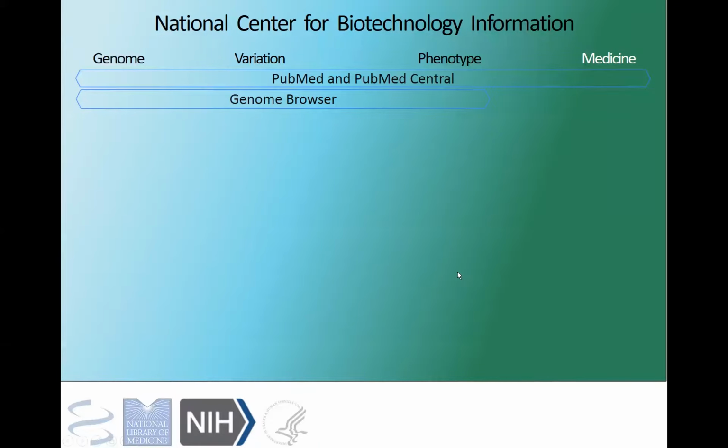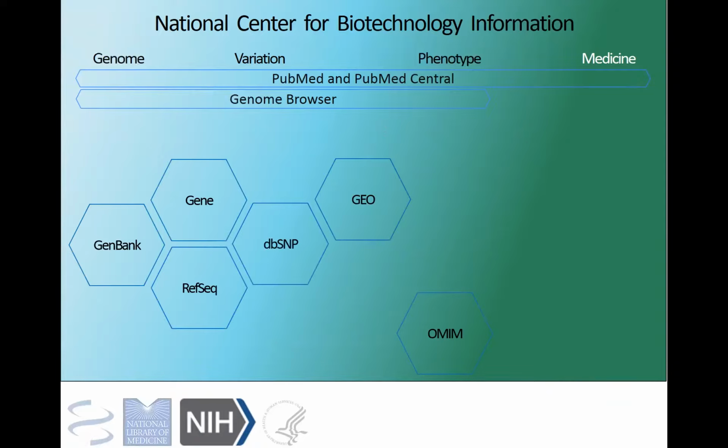Just to orient you to what dbGaP is and where we're located, it's part of the NIH in the National Library of Medicine at NCBI. NCBI is probably most widely known because of PubMed and PubMed Central. It's a literature database for all kinds of journal articles, and it covers anywhere from the genome information through variation, phenotype, all the way to medicine. The genome browser is another common tool that people know NCBI for,